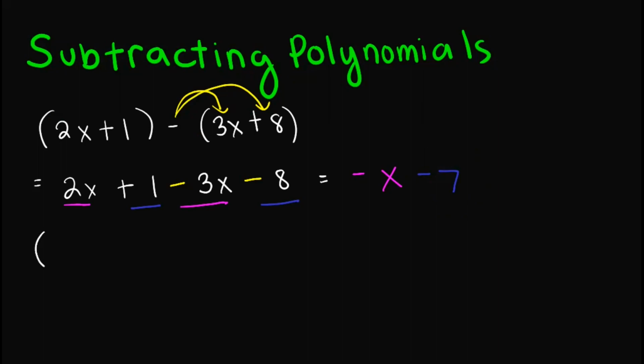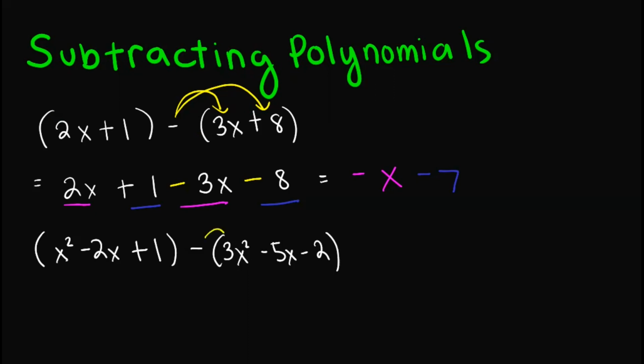If we have x squared minus 2x plus 1 minus 3x squared minus 5x minus 2. So how do we solve this one? Again, first thing, we distribute the negative sign to all terms out here. So this would become x squared minus 2x plus 1, then minus